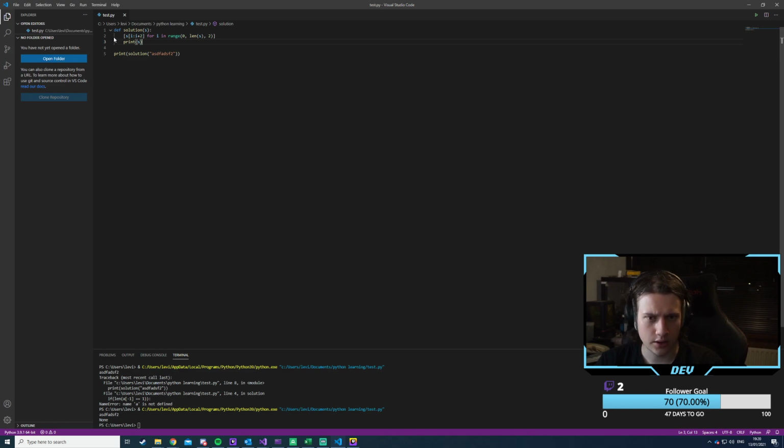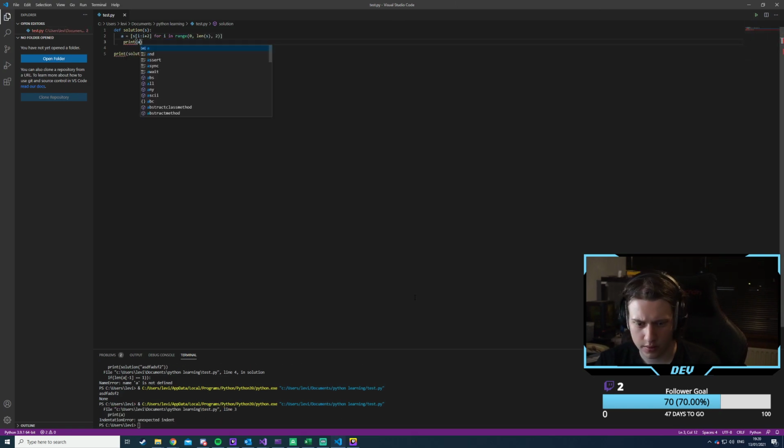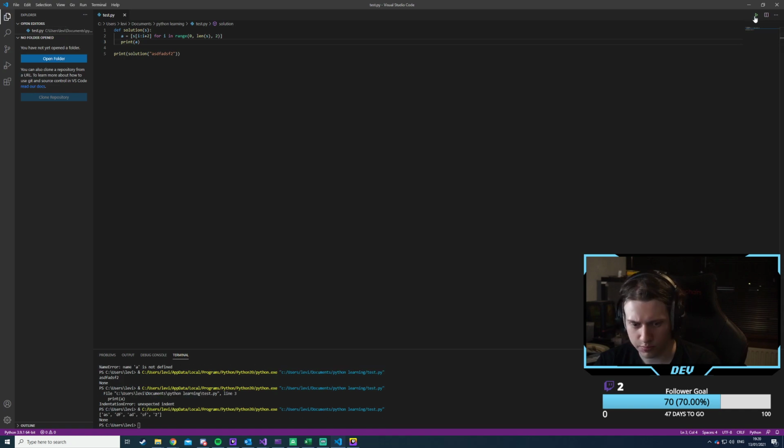None. S is none. So I do A is equal to this, right? And then we say print A. Oh, sorry, wait, indentation. So print. Okay, now it's splitting, right? So we do need to assign here. Okay. So then we do need this code.